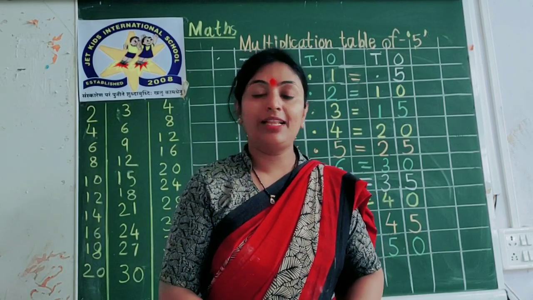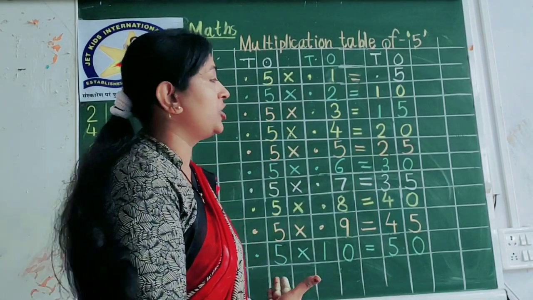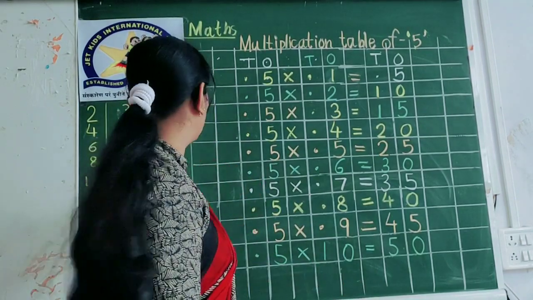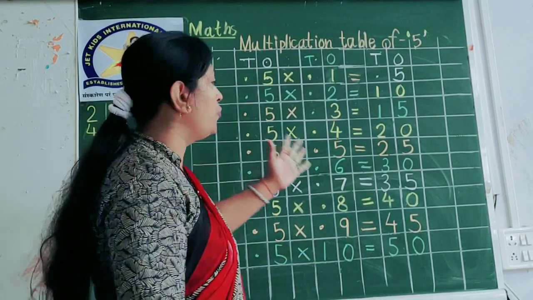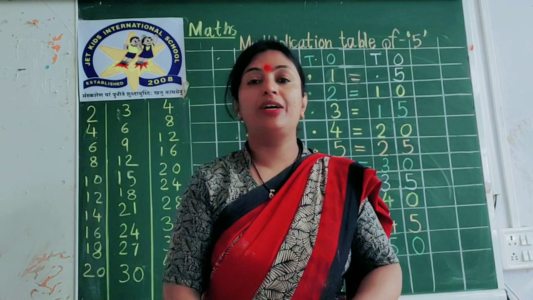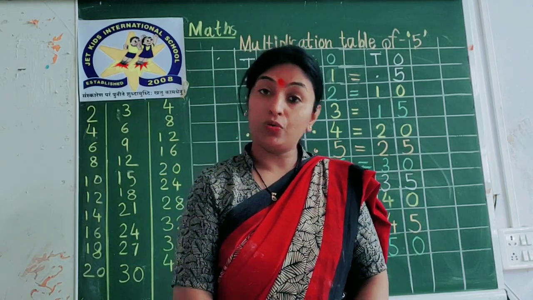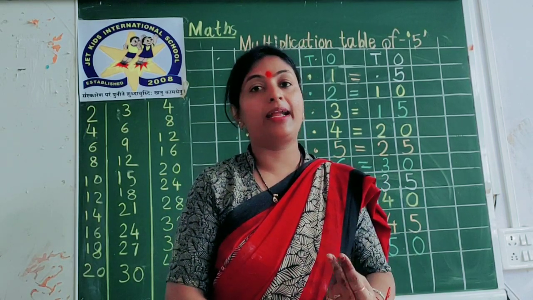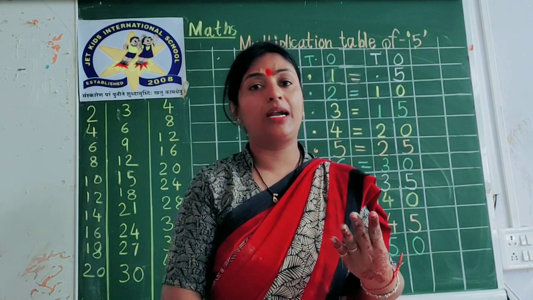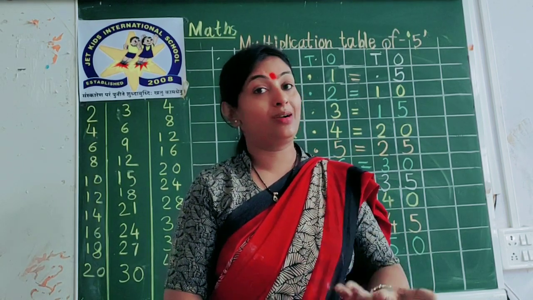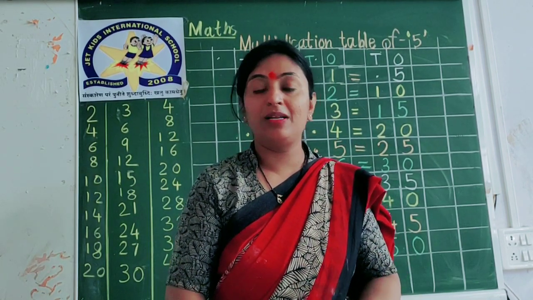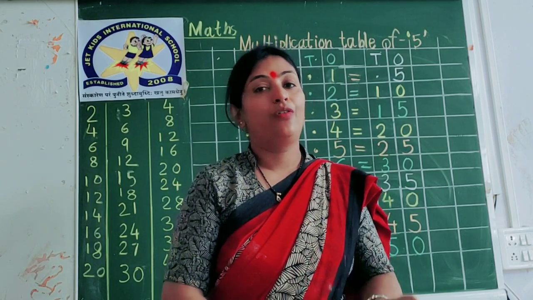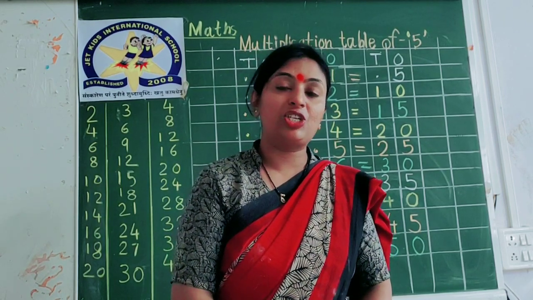Fine. So all the very best for doing these multiplication tables, and you please do work on all the 2 to 5 tables. Fine. In first assessment we are going to take up to 4 only. Means the table of 2 will be there, table of 3 will be there, table of 4 will be there, and the table of 5 you have to do. Okay. We are in September month, so that's why ma'am has given you the introduction of multiplication table of 5.